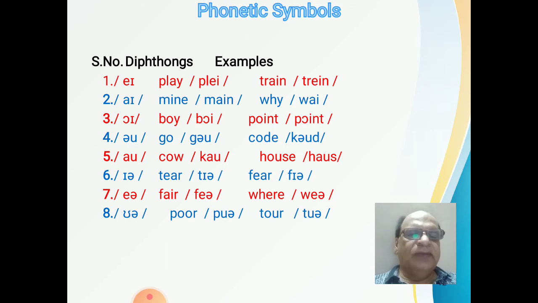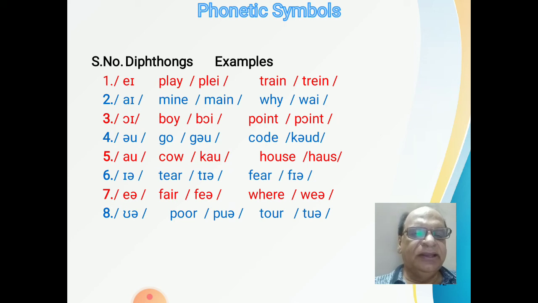Now here we have some diphthongs. So what are diphthongs? Let us know the basic thing. Diphthongs are two successive vowels, one vowel followed by another vowel. These are called diphthongs. We can also call them vowel glides. You'll feel a sort of glide in your mouth when you articulate these diphthongs.